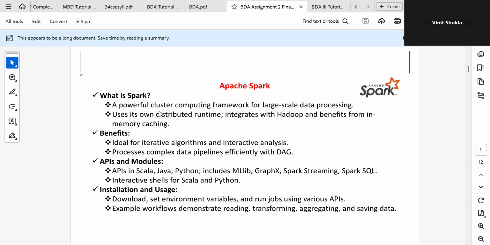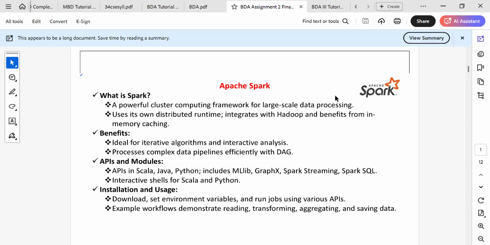In this video, I'm going to cover Apache Spark in big data analytics, especially when we are managing big data. Apache Spark is a very powerful cluster computing framework for large scale data processing. Apache Spark uses its own distributed runtime, integrates with Hadoop, and benefits from in-memory caching. If we talk about the benefits, Apache Spark is basically ideal for iterative algorithms and interactive analysis, and it processes complex data pipelines efficiently with the DAG,